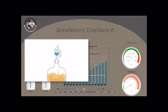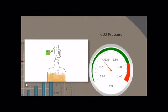BrewNanny replaces the air trap that you normally use with a valve and a pressure sensor. The valve closes the fermenter vessel to allow pressure to build up to a predetermined setting. The pressure sensor accurately reads this pressure, and when the reading reaches the desired level, the valve opens, releasing a